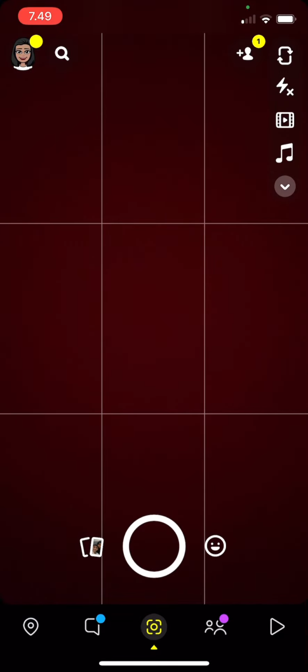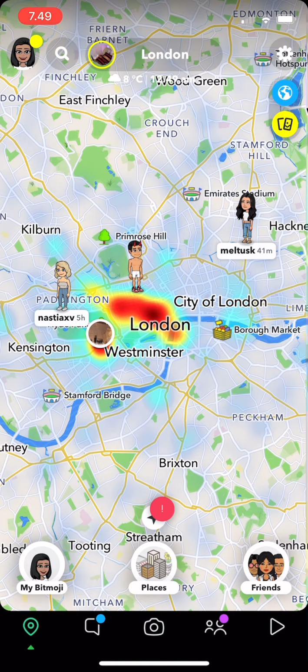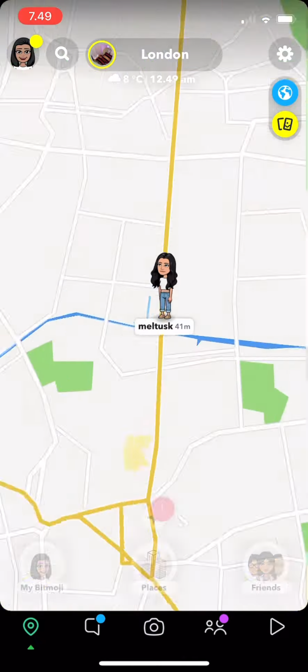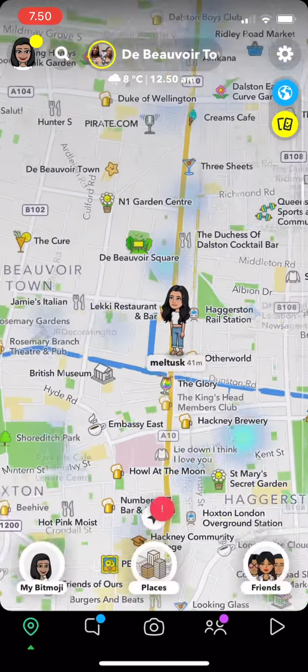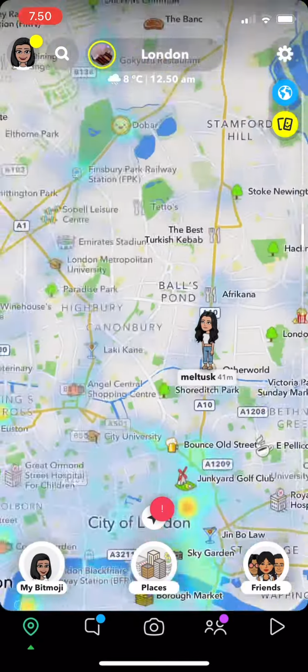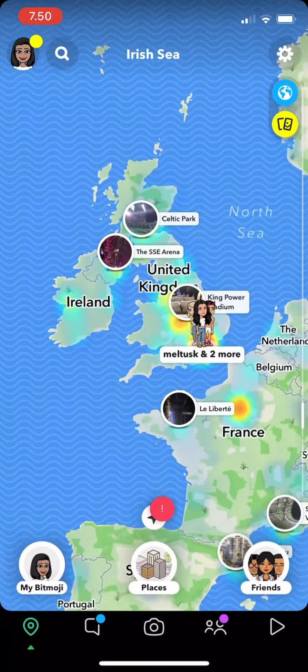So this feature is called Snap Map. So you go to there and then you can see where your friends are. So you can just press on your friend, their Bitmoji, and then you can see where exactly your friend is. So if you want to see other location, just zoom out by pinching it out, and then